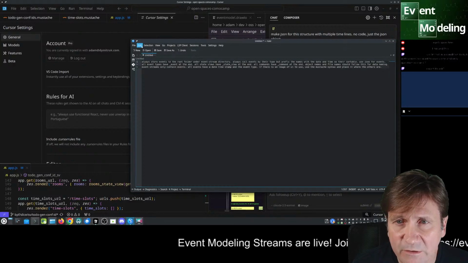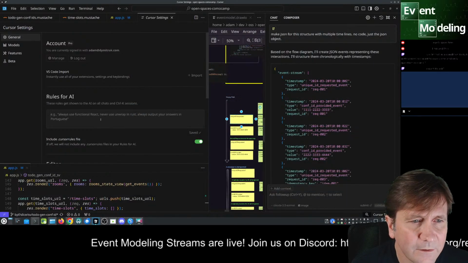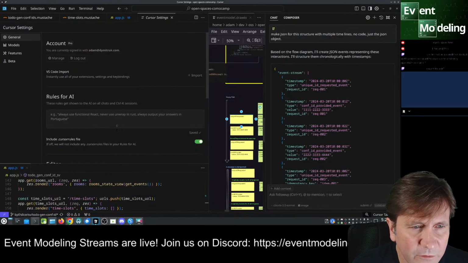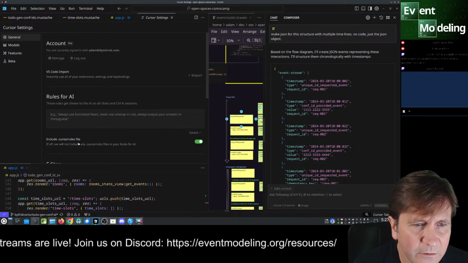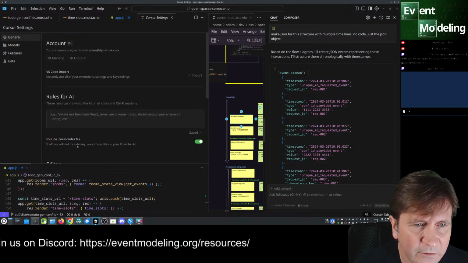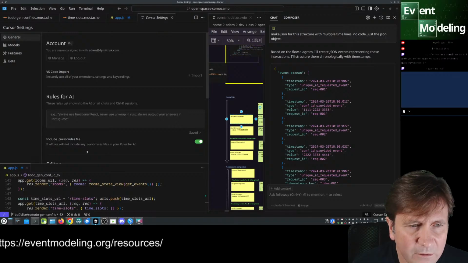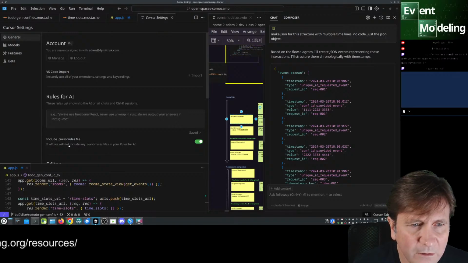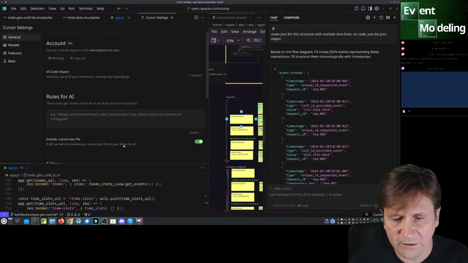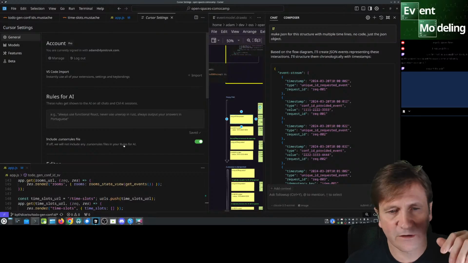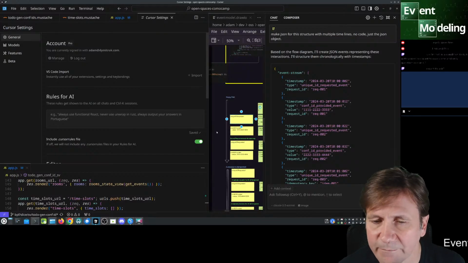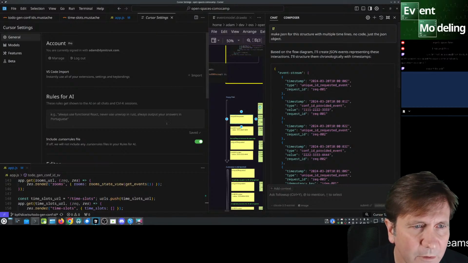I think I saved this somewhere. So now that I have rules for AI, include cursor rules file is off, and we do not. Oh, I guess I could make a specific thing for this with a .cursor file. Okay, anyway, I'll do that another time.